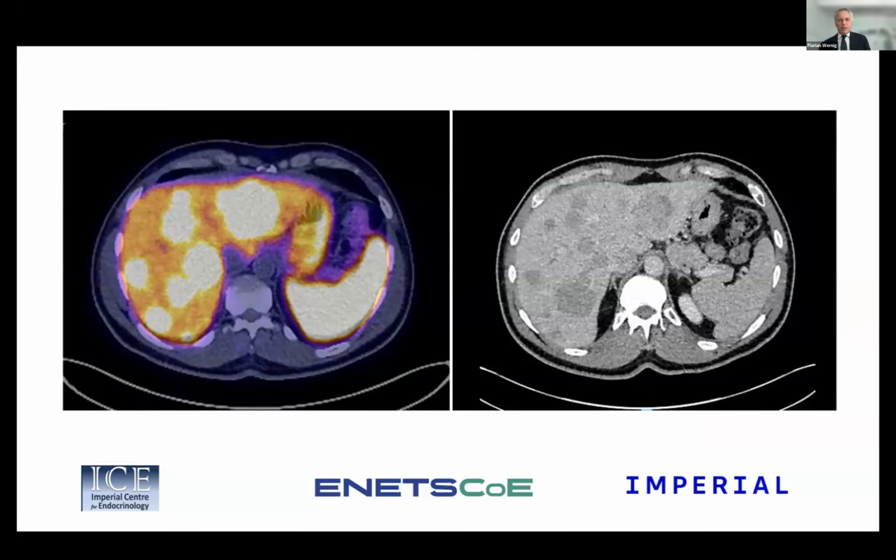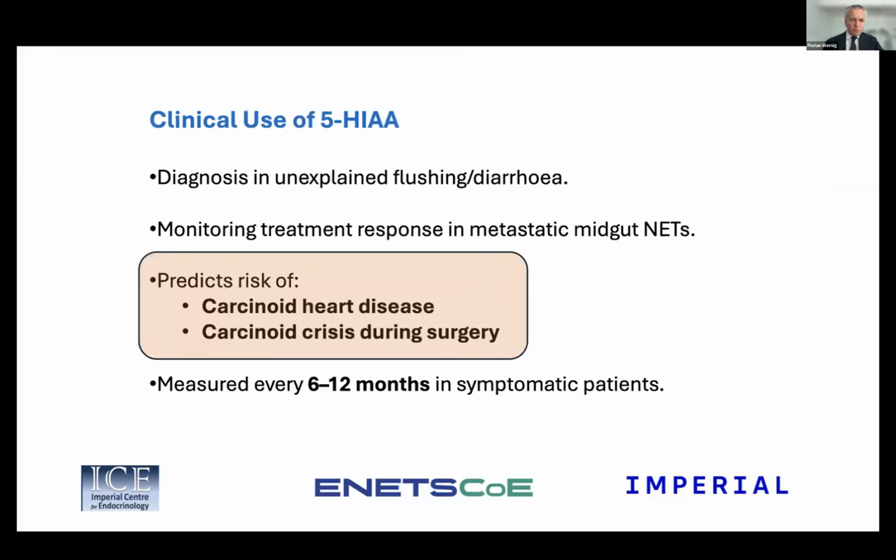Our patient underwent 5-HIAA analysis, 24-hour urine collection, and had significantly elevated levels, and subsequently underwent the gallium scan. And you can see this is the same patient who at presentation had extensive liver metastases, which were DOTATATE avid. The primary tumor was not obvious, but we presumed that it was a small bowel primary neuroendocrine tumor.